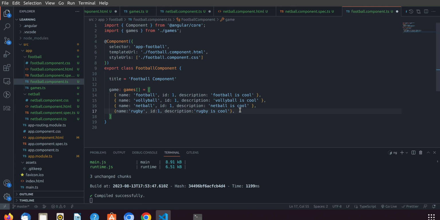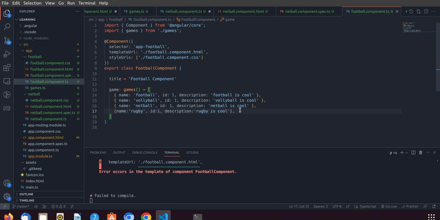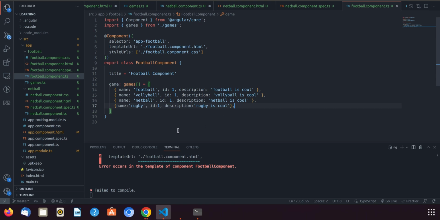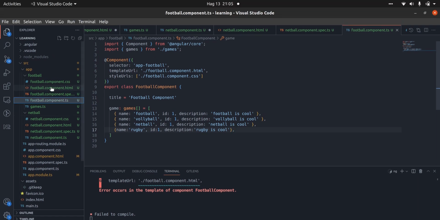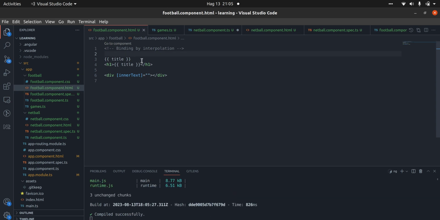So once we are here, now we can use our ngFor and our ngIf. There's something wrong with this one here, football component. Okay, I'm supposed to do the saving, and that will take the error away. Okay, so once we're here,